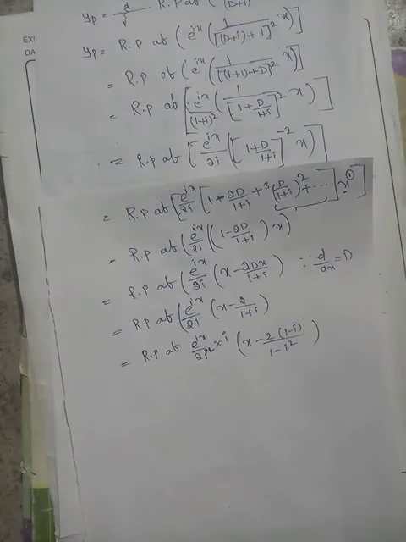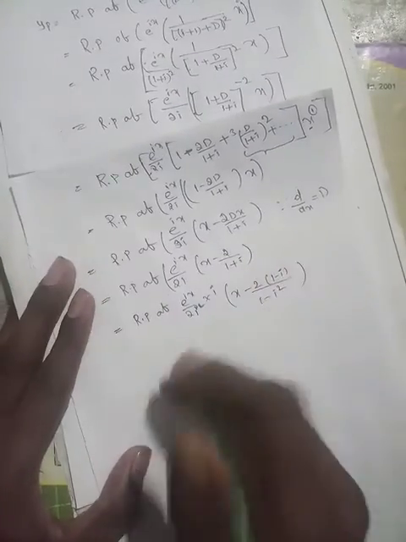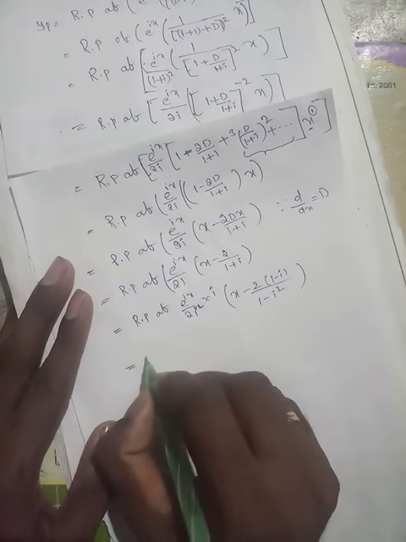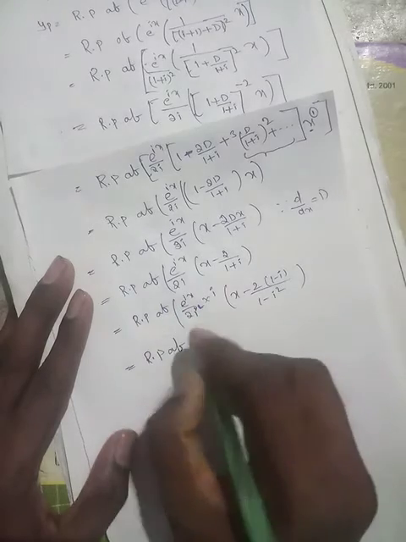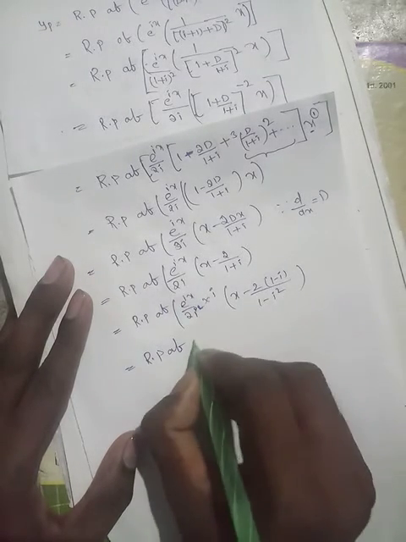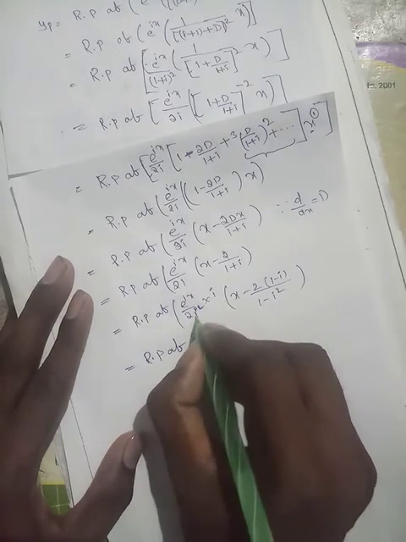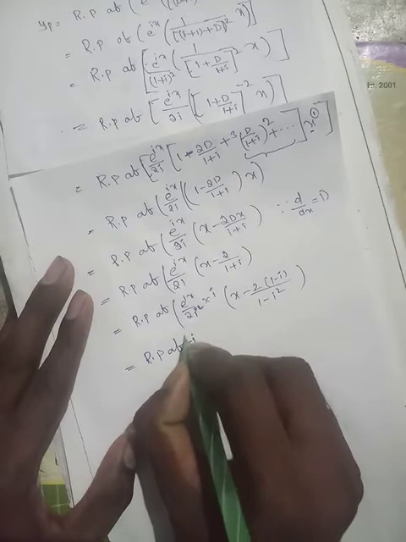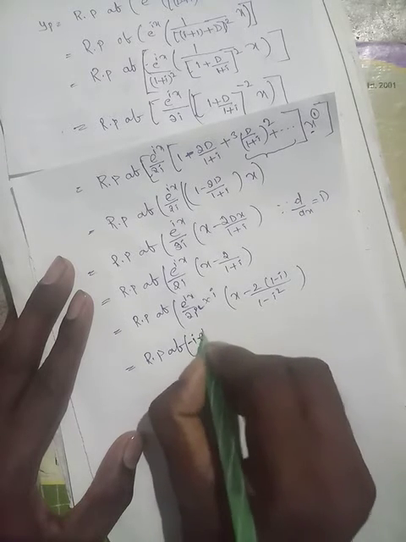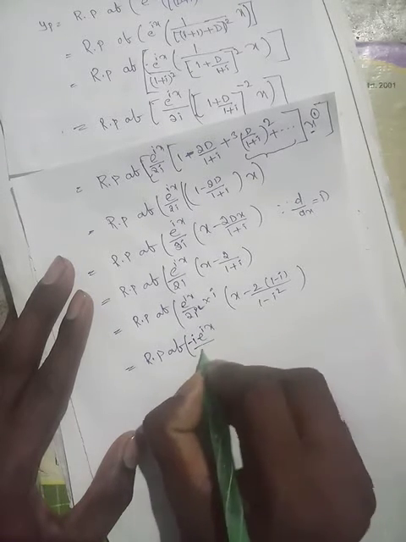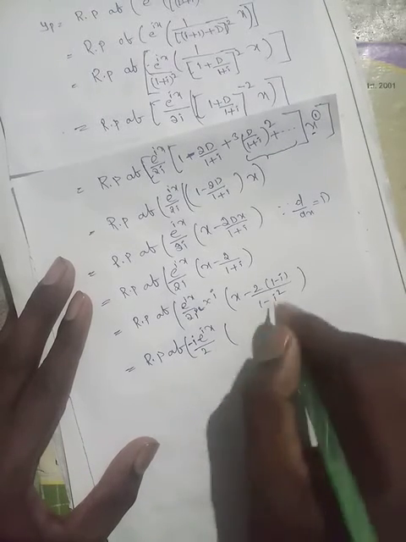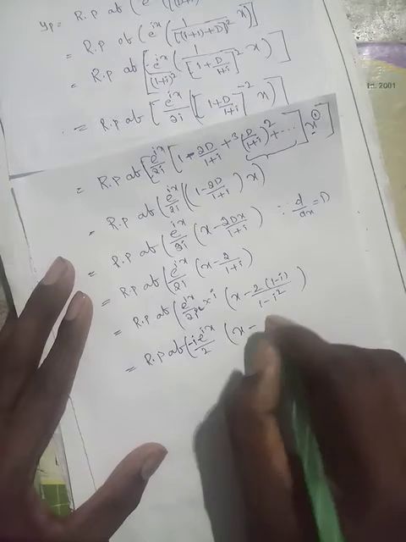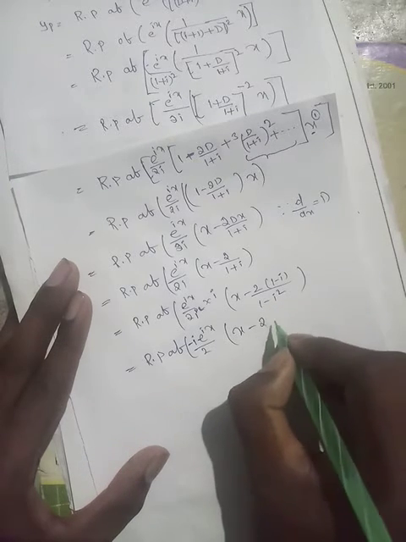right? Okay. So finally, real part of this, right? So i square means minus 2, so minus i e power ix by 2 into x minus 2